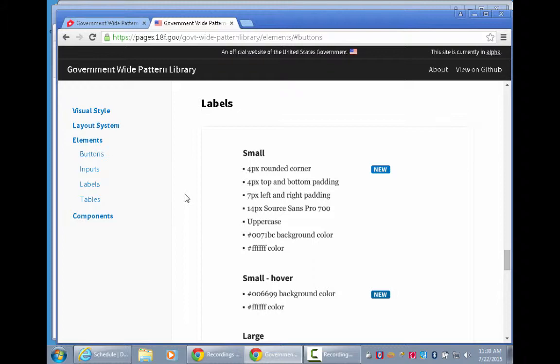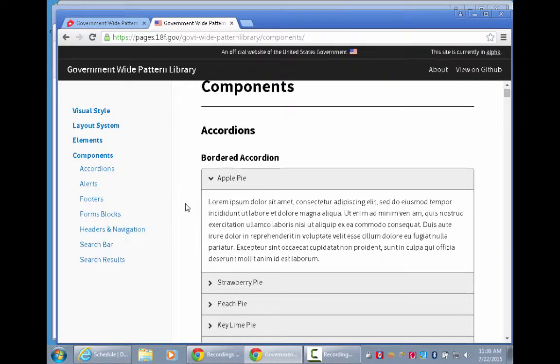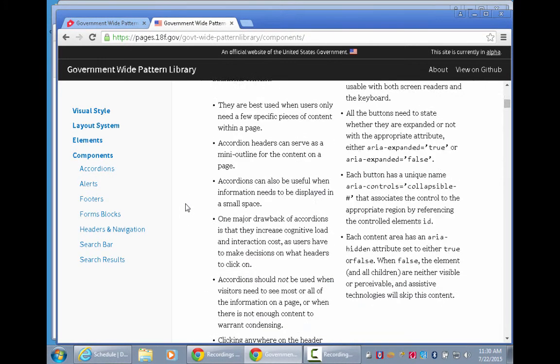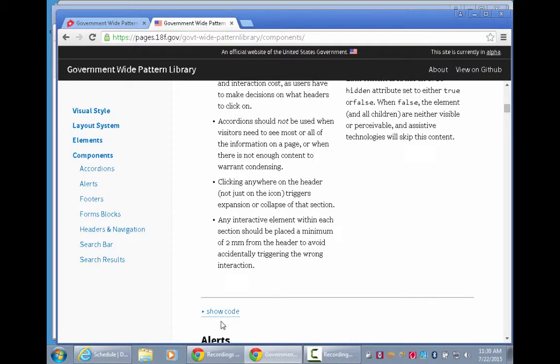Do you know if each of the individual, so the visual styles versus the layouts versus the elements versus the components, do they have dependencies on one another, or are they totally? So, for example, let's say you wanted to use the buttons. Yeah. And not any of the other stuff. Are they completely decoupled, or is it? I think they are. Let's look at the accordion here, because I know this is one that's coded out, and